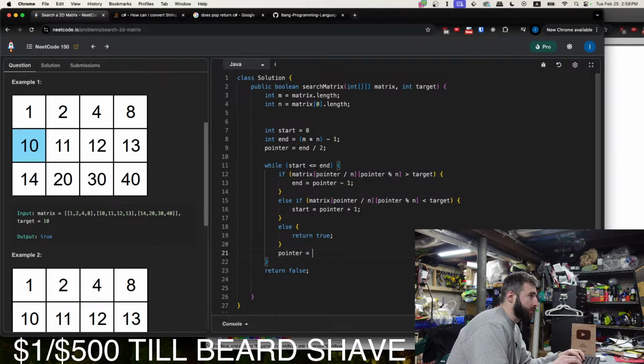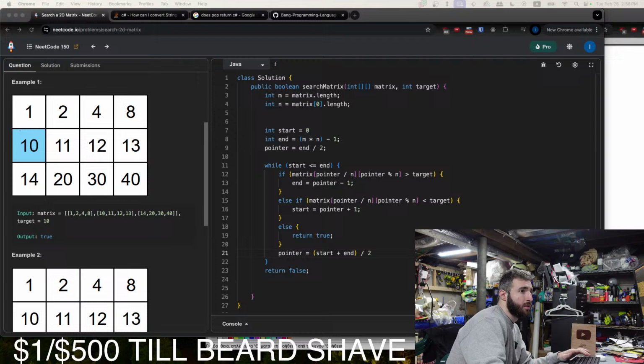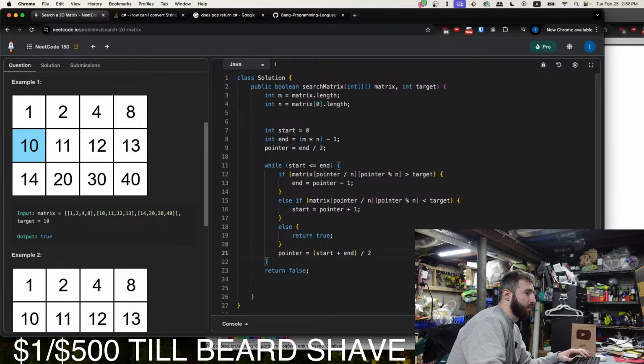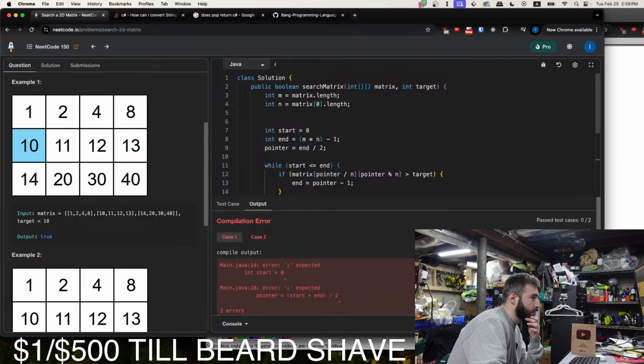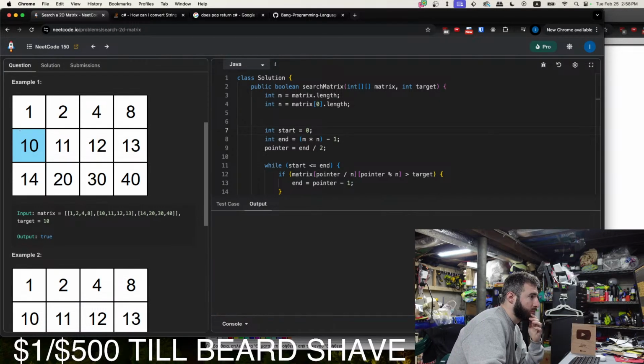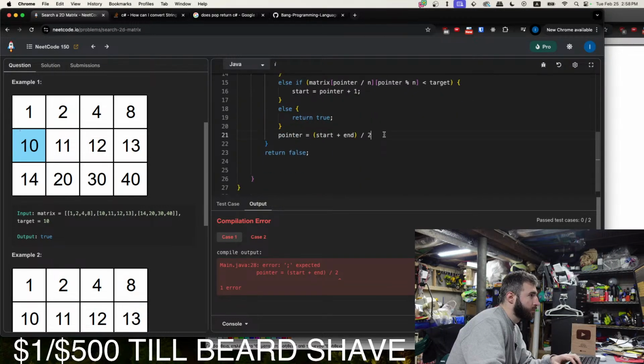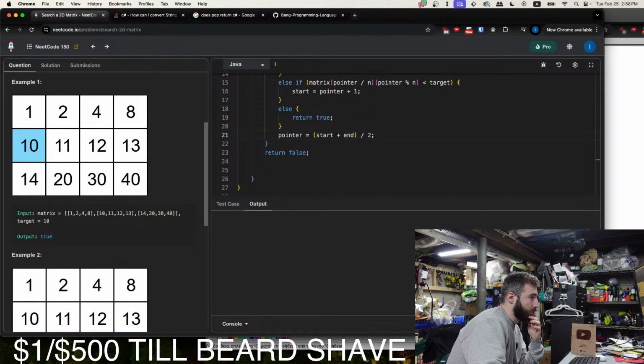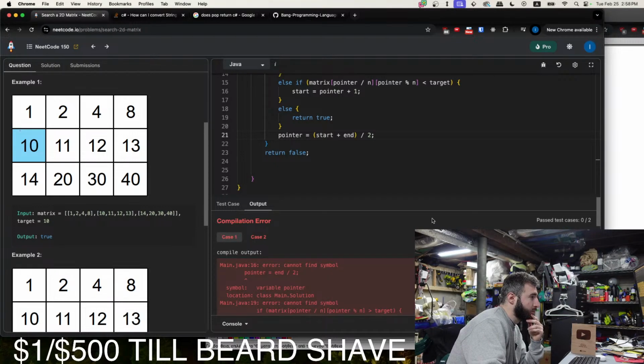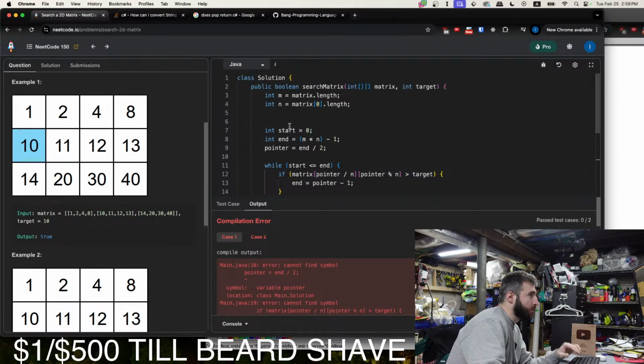Pointer equals start plus end over 2. Yeah, whoops.